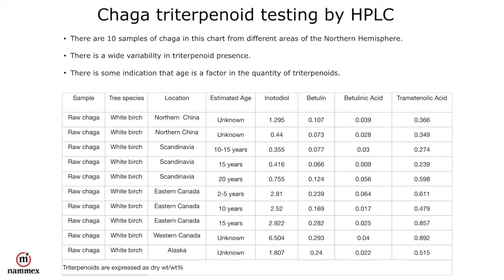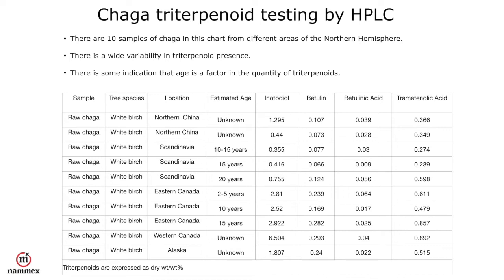The samples we have from Eastern Canada are significantly higher in the triterpenoids, at 2.81 to 2.92 in inotodiol from 2 to 5 years, 10 years to 15 years. Now in this case, the amount of triterpenes really has not increased significantly or very little at all during those